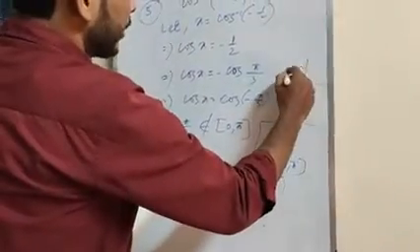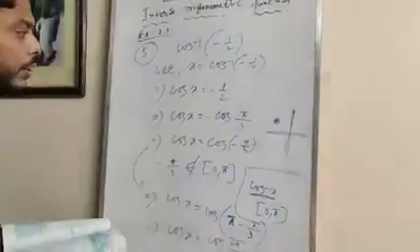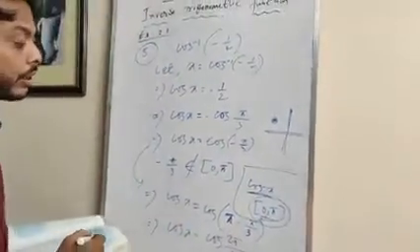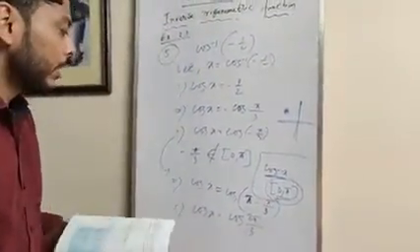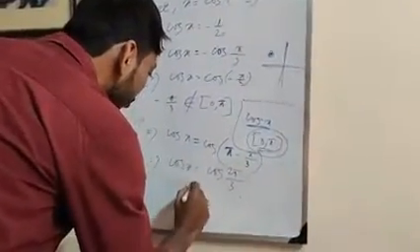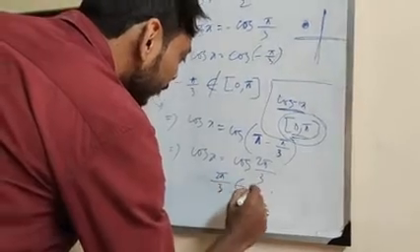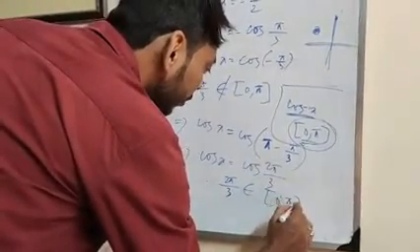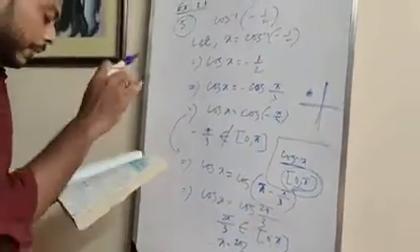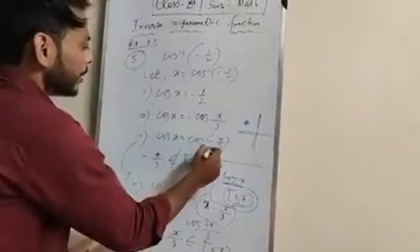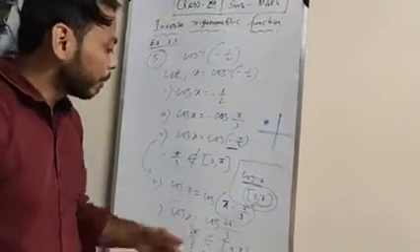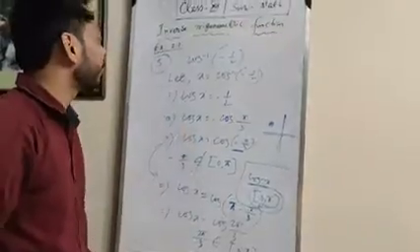So it goes to the second quadrant, 2 pi by 3, and it also belongs to the range of cos inverse x. The range is the closed interval 0, pi. So you can see here 2 pi by 3 belongs to this range. Since 2 pi by 3 belongs to this range, x equals 2 pi by 3. Okay, this is very important. You have to change minus pi by 3 into 2 pi by 3 here, because minus pi by 3 does not belong to this range, but 2 pi by 3 does. This is question number 5.